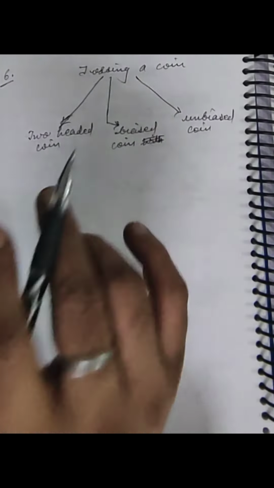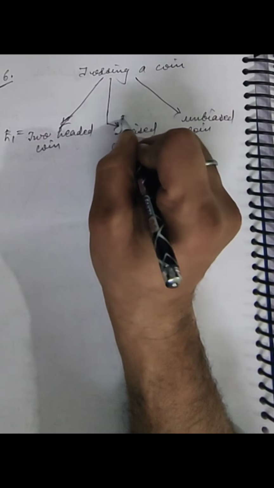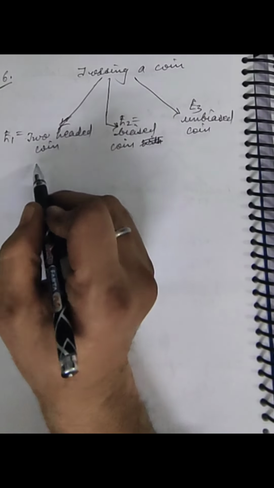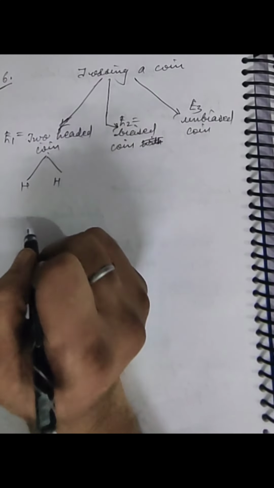So far you have understood these 3 are events now. Now we are given a question on 3 events, so this will be taken as E1, here E2, E3. Now every time we will get 2 results. 2-headed coin: we have head and head only, so it means 100% head. Here we have head and tail. Here we have again 2 results, head and tail. Now this is obvious. When an unbiased coin is tossed, the probability of head will be 1 upon 2.